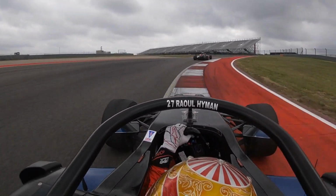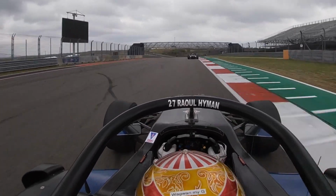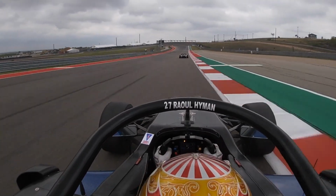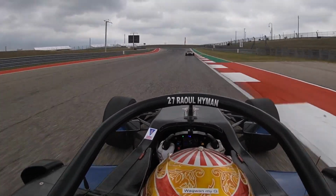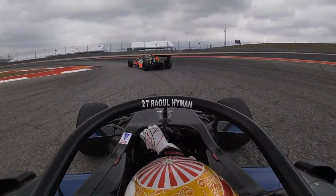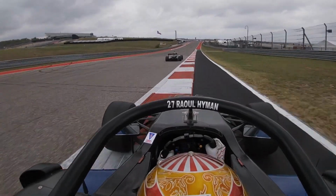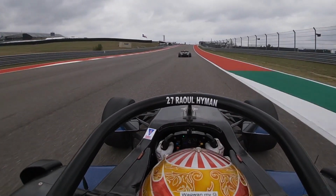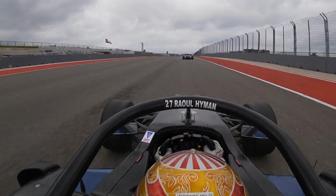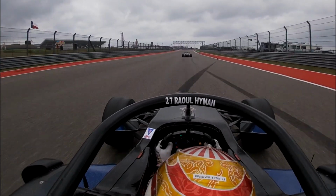Raul Hyman, the points leader, a 9-time winner on the season. He's only finished off the podium once this year, and that was the first round at VIR. But he has been the class of the field since the first weekend of racing. And as of right now, in a position to clinch the 2022 Formula Regional Americas Championship,